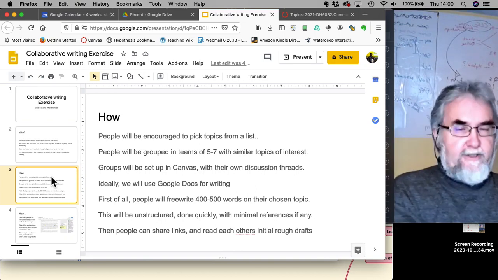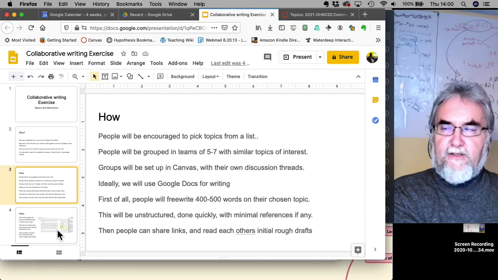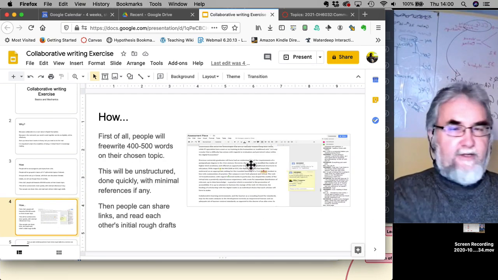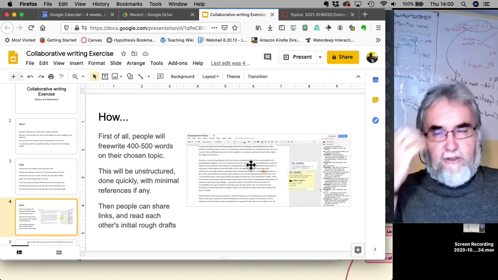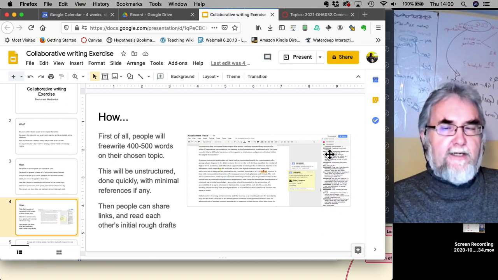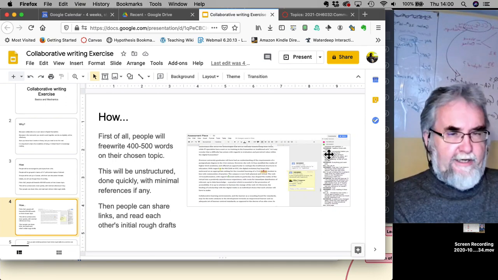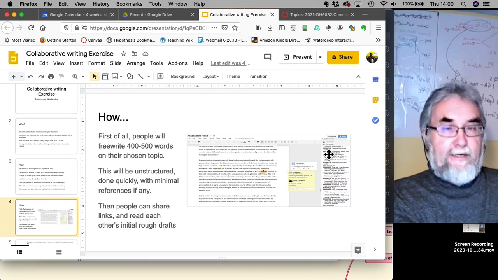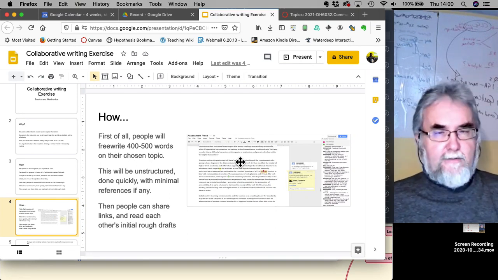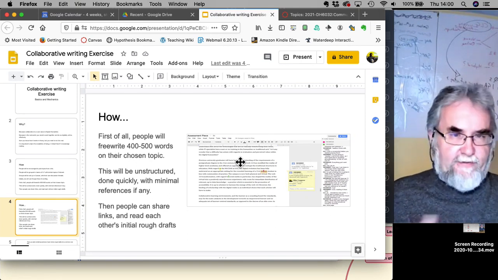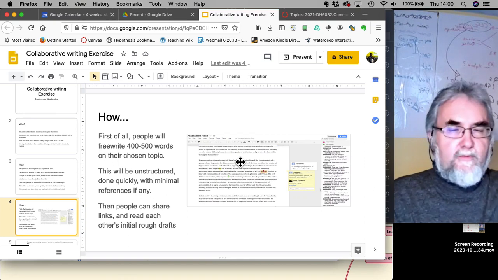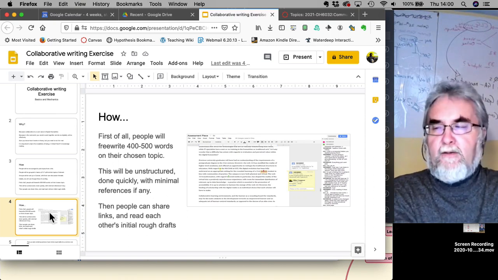So then people can share the links to that and read each other's initial drafts. And this is the great thing about Google Docs, it allows you not just to write, but it allows you to comment, to share a document and have comments on it. It allows you to have a conversation down the sidebar in real time as well, or it allows you to open a document in Google Meet, or you can screen share it in other ways as well. So people will read each other's initial drafts, and then